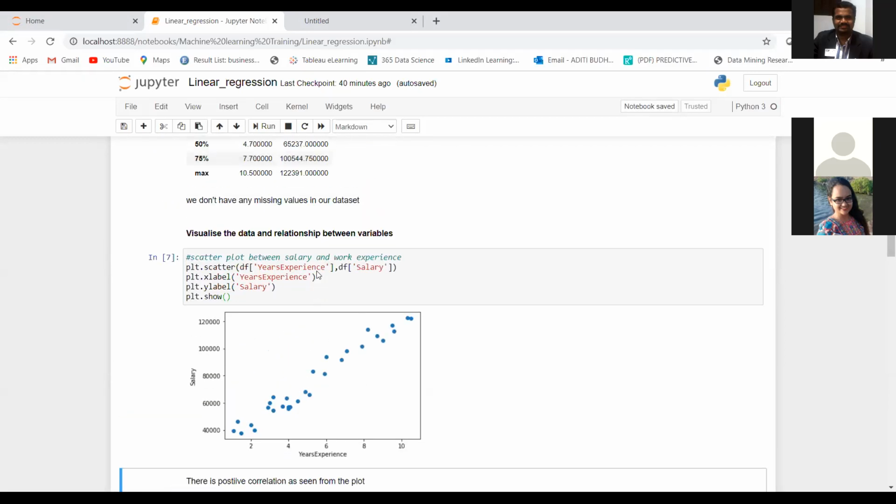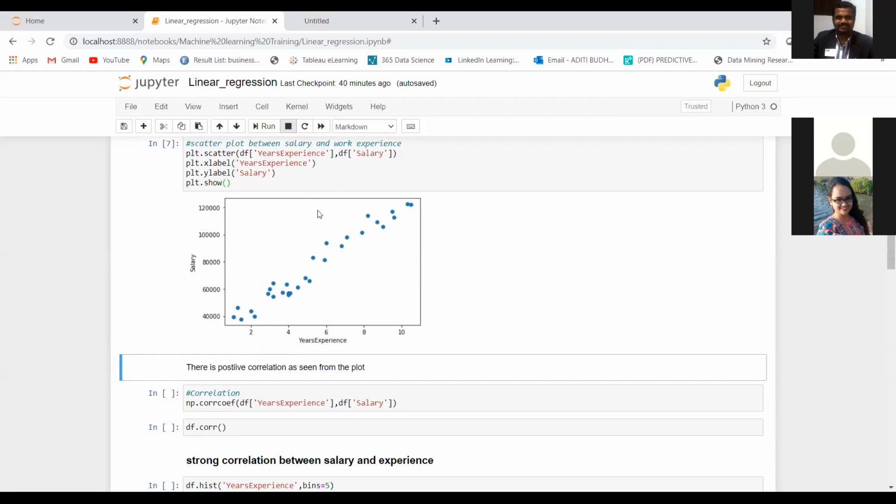Since here we had just two variables, we are plotting just one graph. But when you have multiple variables, you should ideally check this relationship for each pair of input variable and output variable.